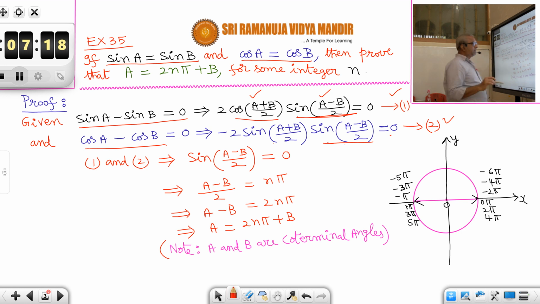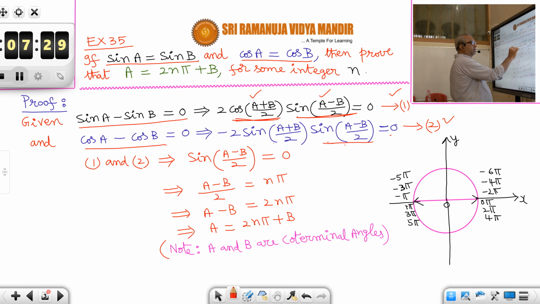Suppose sin((A−B)/2) is not 0. For the first equation to be true, cos((A+B)/2) should be 0. For the second equation to be true, sin((A+B)/2) also should be 0. But that is impossible, is it not? Cos((A+B)/2) being 0 and also sin((A+B)/2) being 0 is impossible, because